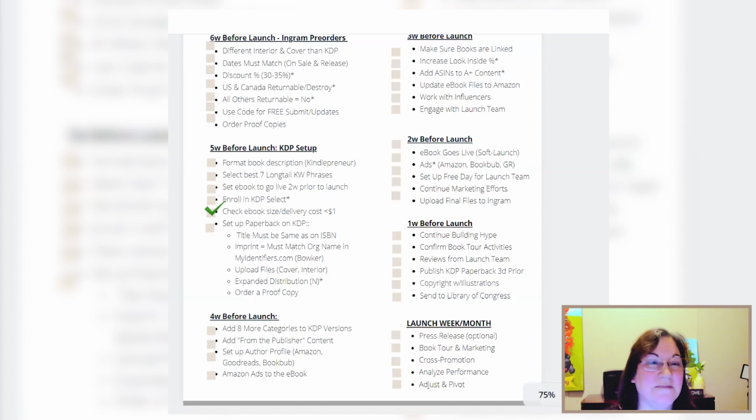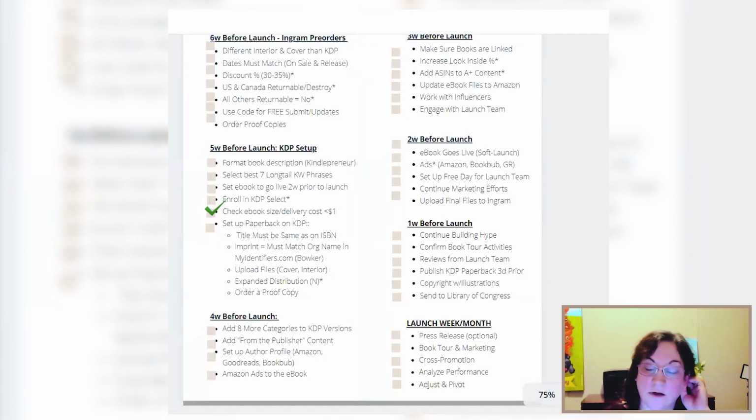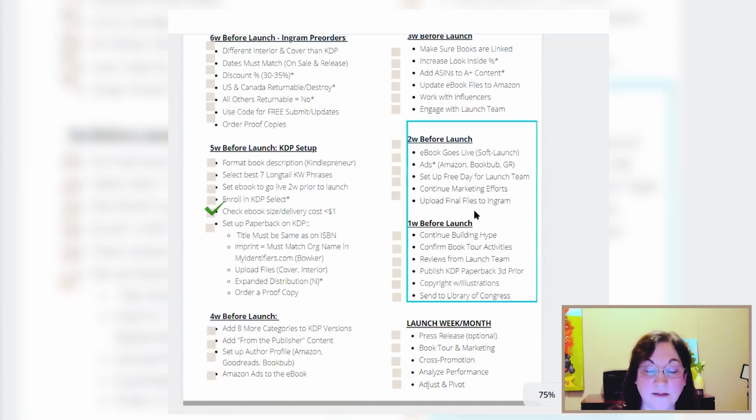Some of these book formatters or illustrators who say that they know how to format books don't know all the nuances of making the file size small enough, because you are charged for that delivery cost. So you want to make sure that the delivery is showing up as less than $1 to deliver. And if it's not, go back to your book formatter or designer and make sure that is fixed.